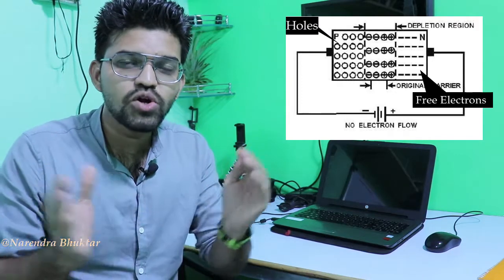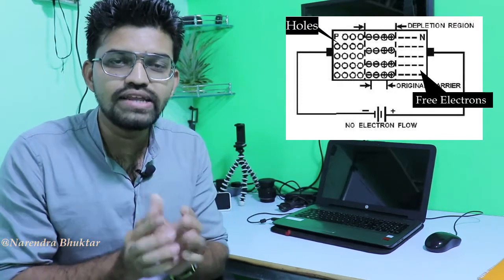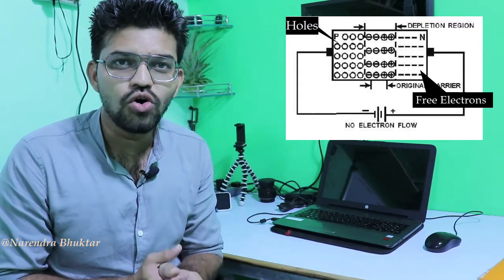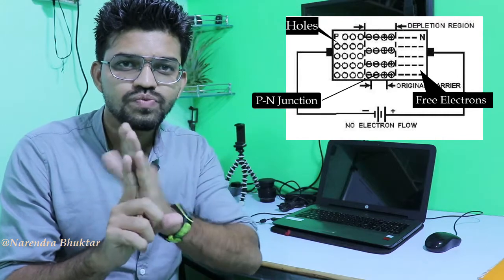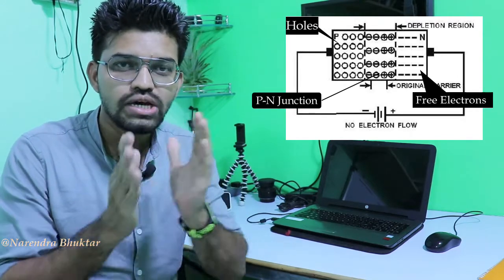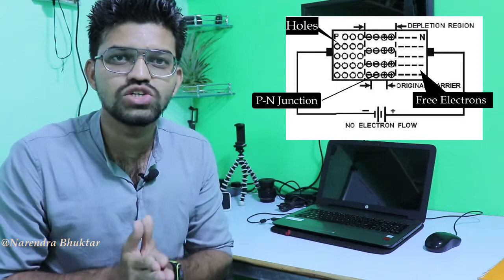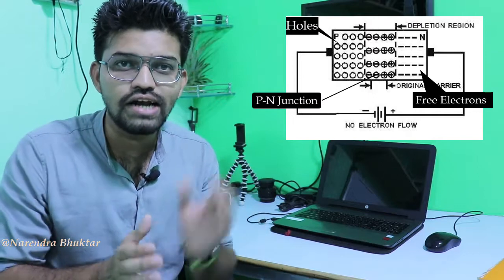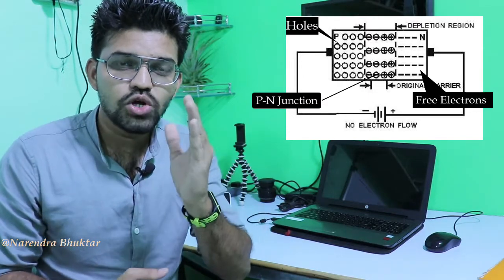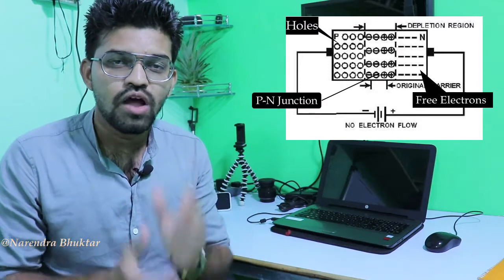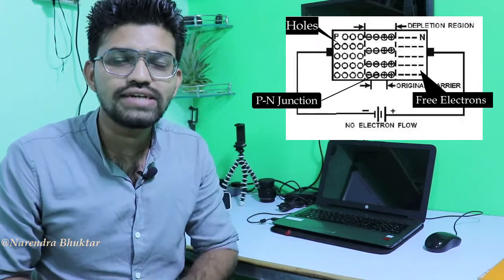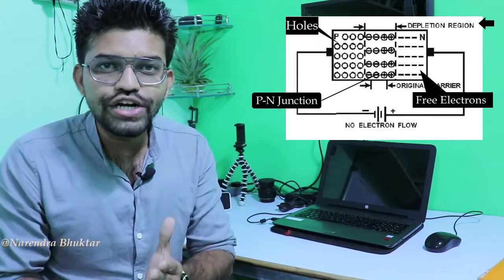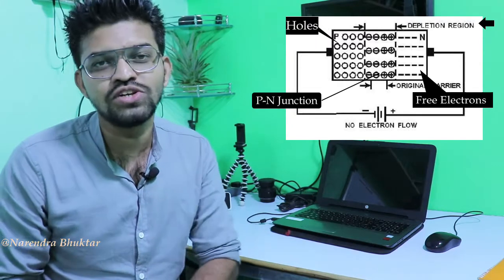Over here guys, in the center we can see this particular junction, where a junction gets formed between the holes and the electrons. So the P region and the N region are separated by this PN junction in the center. We can call this center the depletion zone, and the majority of the action takes place in the depletion zone.